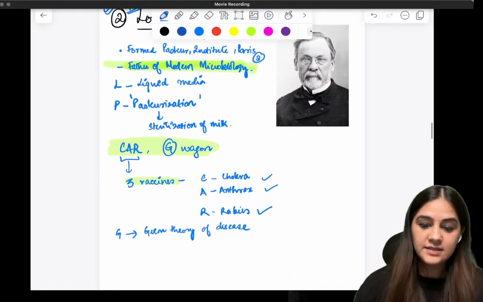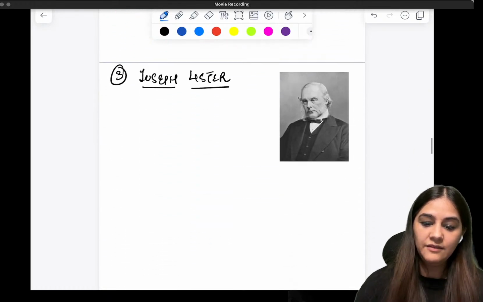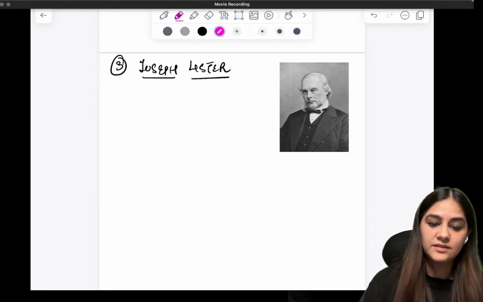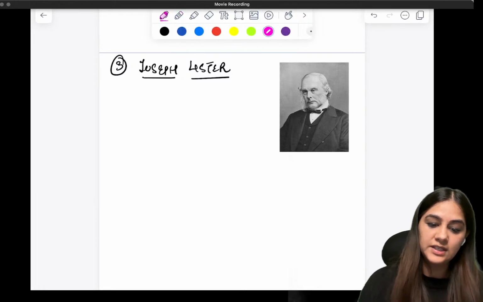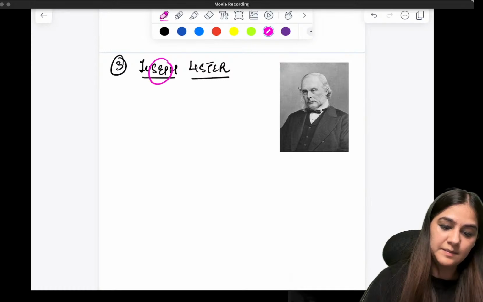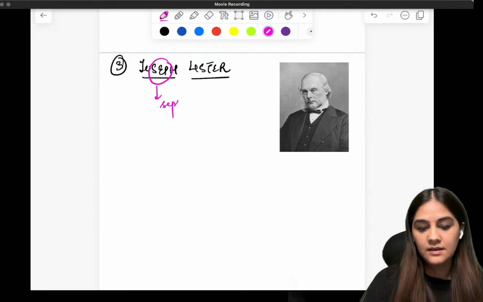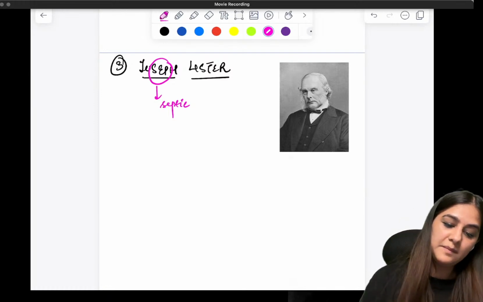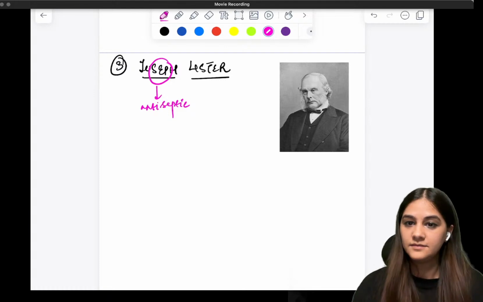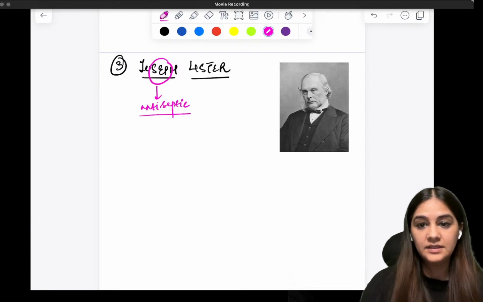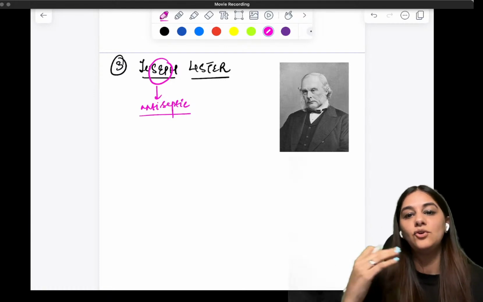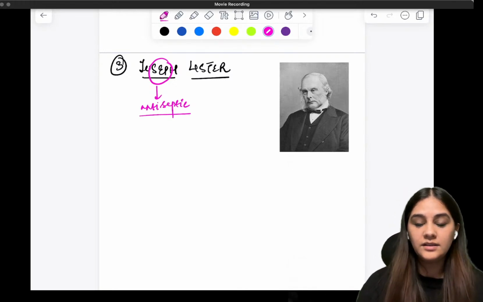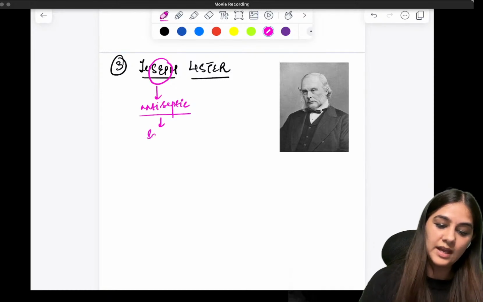Great. So let's come to the next scientist that we have, which is Joseph Lister, right? Joseph Lister. What did he do? He actually, just remember SEP. SEP is septic, right? So what did he do? He actually made an antiseptic, right? He made an antiseptic in that time. So during that time, there were not many antiseptics, right? So he was actually the one that made an antiseptic